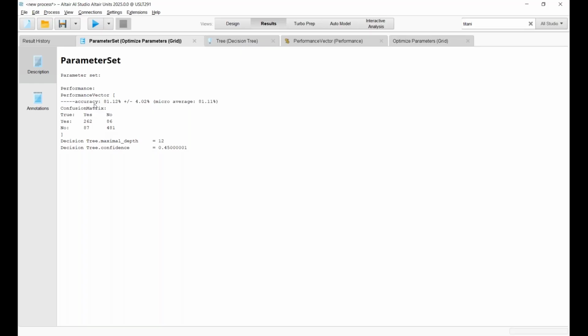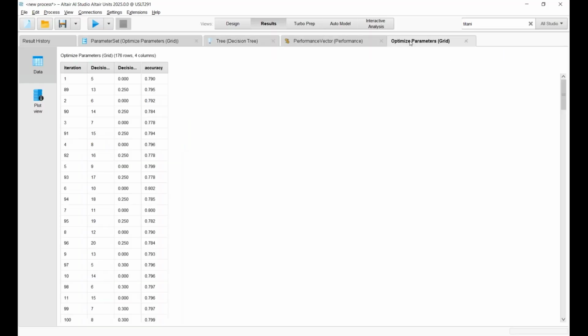So there are a bunch of branches I want to go down, pun intended for the decision tree, but there are a bunch of branches I want to go down with this operator, because there's actually a lot more that we can do with this. And this is kind of the basic usage of this operator. But if we look at our